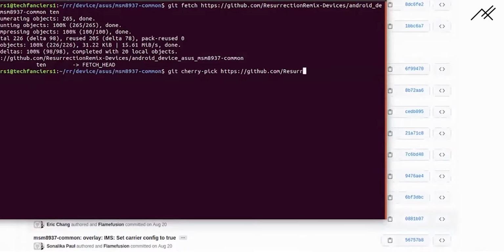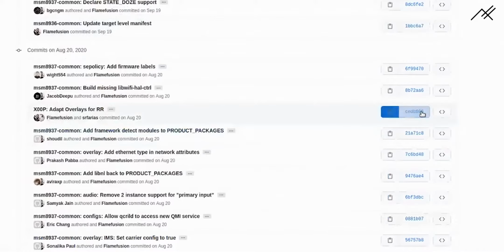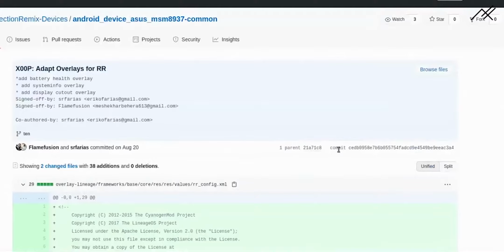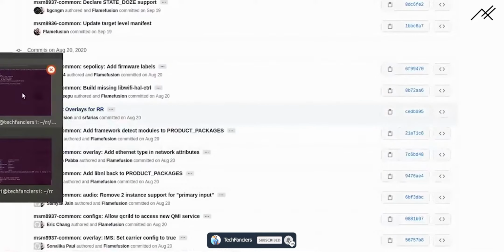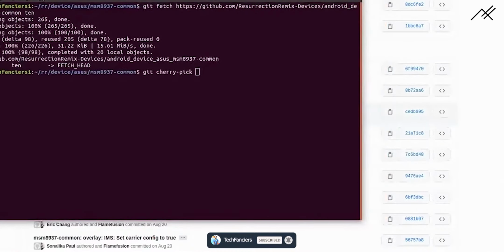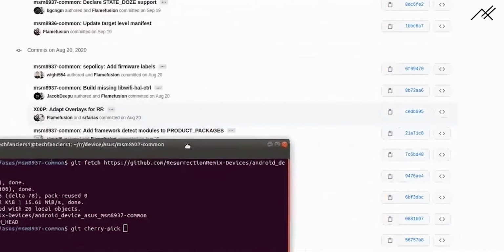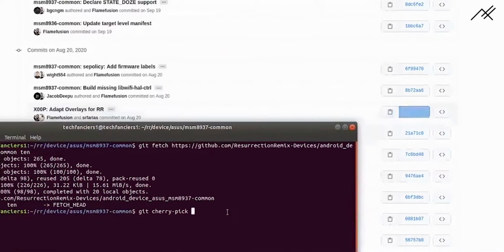The commit ID, yes, I need to type it. This one, adopt. Where I can copy this one. Okay, I will just see and type here. Adopt RR. Okay, CED B095. So this is the ID.